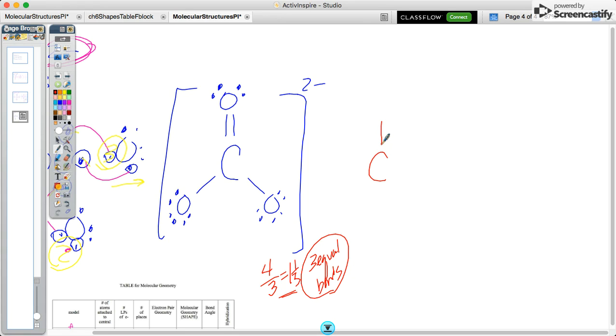So we began with the double bond up at the top. We're going to rotate the double bond. We're going to rotate the double bond to 3 different places. We're going to put in all